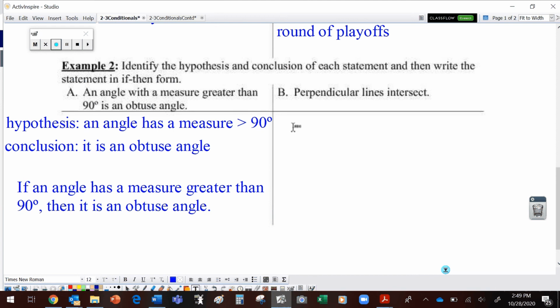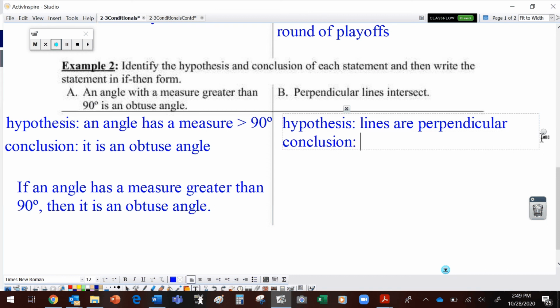Okay, next up, we have perpendicular lines intersect. Well, this one's a much shorter statement, so we have to think a little bit more. What is the condition that's being satisfied? It's the hypothesis. Well, what has to happen first is that the lines are perpendicular. So we can say if lines are perpendicular, okay, that's the hypothesis, then the conclusion is what happens because of that. The conclusion is they intersect. Okay, so our if-then statement, if two lines are perpendicular,